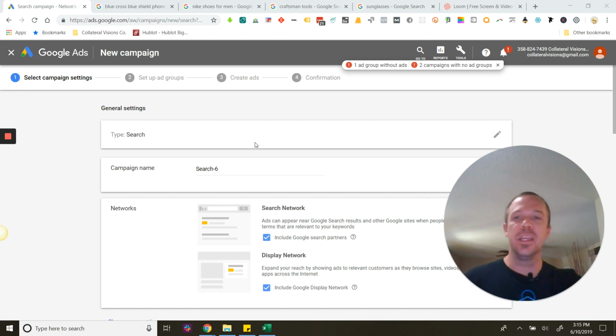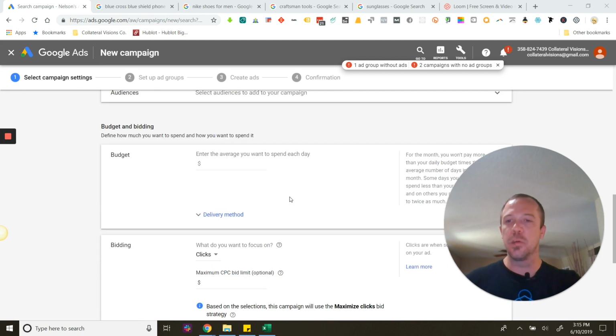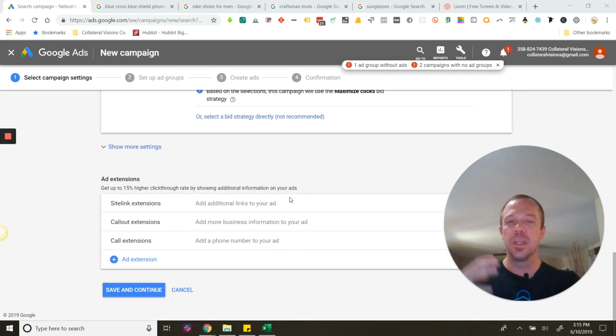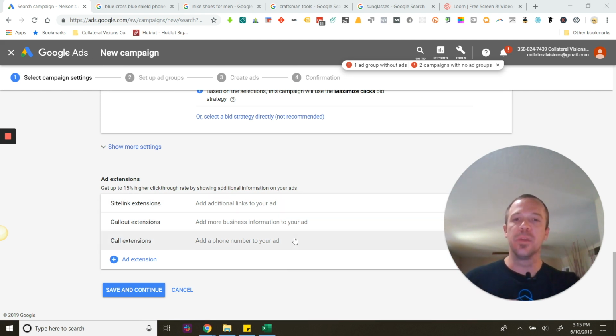At the end of the campaigns, as we're setting them up, as we've already gone down through and we've got our locations set in here, we've got our languages, we've got our bidding and budgeting and controlling how much, how fast, and how often, then we make it down to the ad extensions portion, right? This is something that they've made it so you can actually create it in line now. So that's why we're covering it here rather than jumping right into writing your ad text,